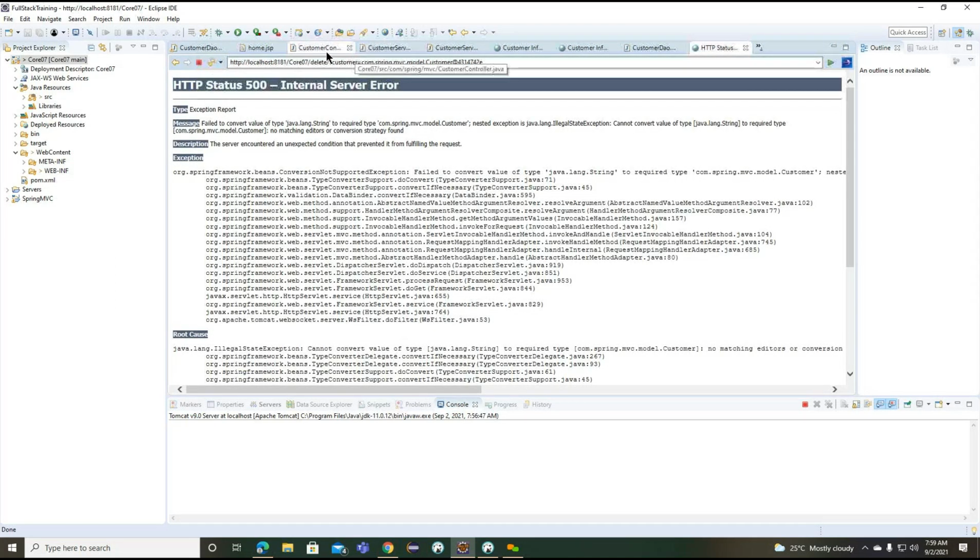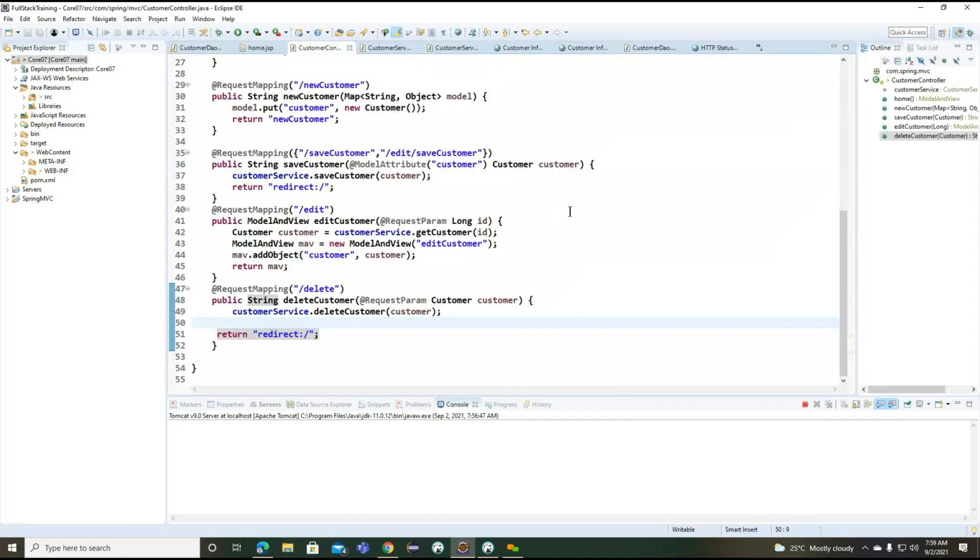So instead of request param, what we can do is go for the model attribute here. Whether we have the model attribute or not, we'll see.